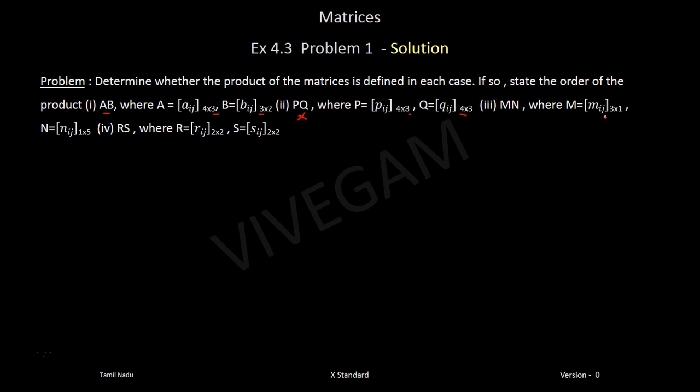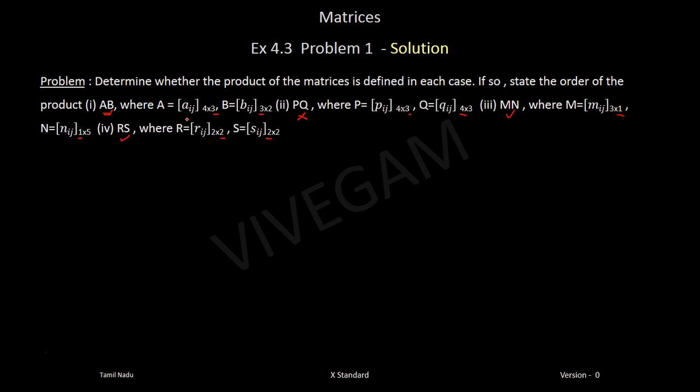Okay, now come to this case. The number of columns in the first matrix is 1 and the number of rows in this matrix is 1. So which means this product is defined. Okay, come to this case. The number of columns in the first matrix is 2. The number of rows here is 2. So both are same, which means this matrix multiplication is